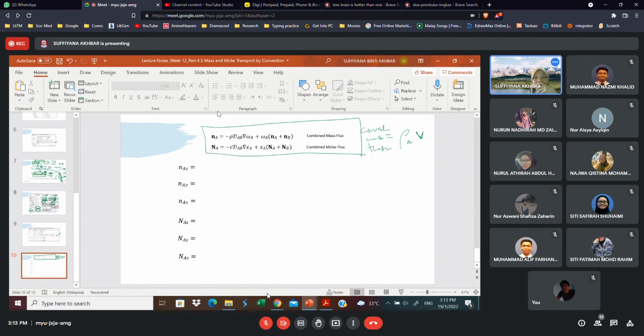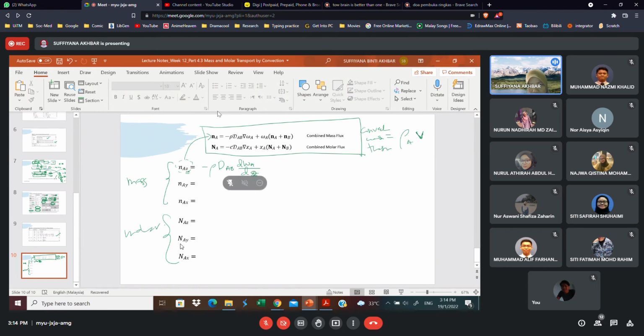Okay. So kita sini kalau small letter this is combined mass flux, kalau capital N is the combined molar flux. Okay, for example kita kat sini. So kita ada NAZ. So how to write? Kita tengok sini. This is the basic. So NAZ. So kita ada negative rho DAB, okay, divergent omega A. So kita dWA. Okay, what is the direction? It's a Z direction. dZ. This one macam mana kita nak baca ni? Maksudnya component A diffuse in the Z direction, in the positive Z direction.